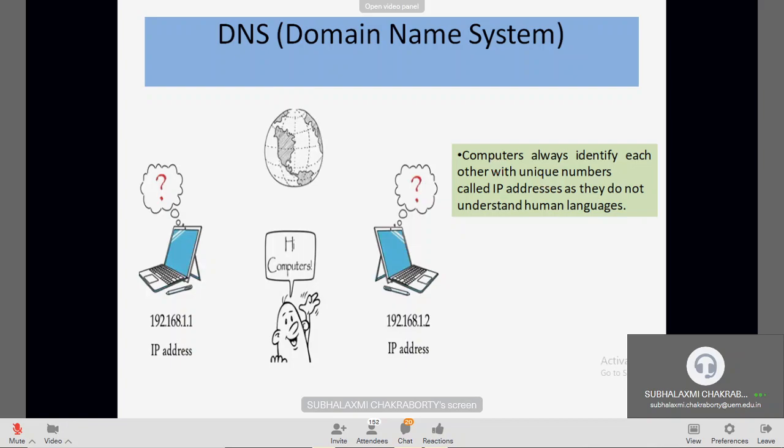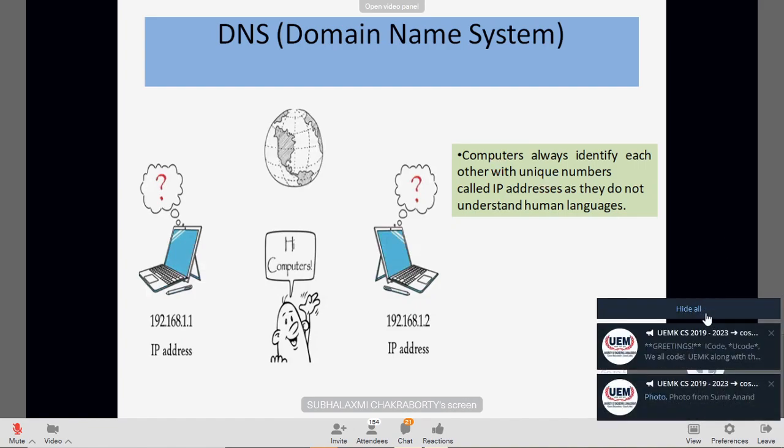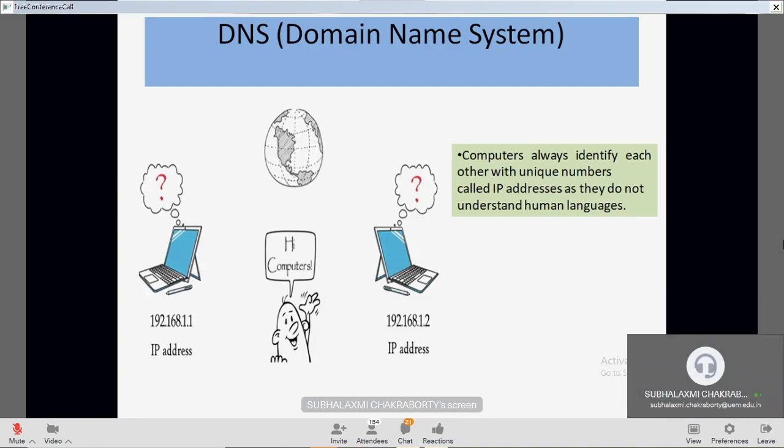In the last class, if you remember, we completed another server configuration, and that was the DHCP server. So in DNS, what do we mean by DNS? We know that domain name system is the full name of